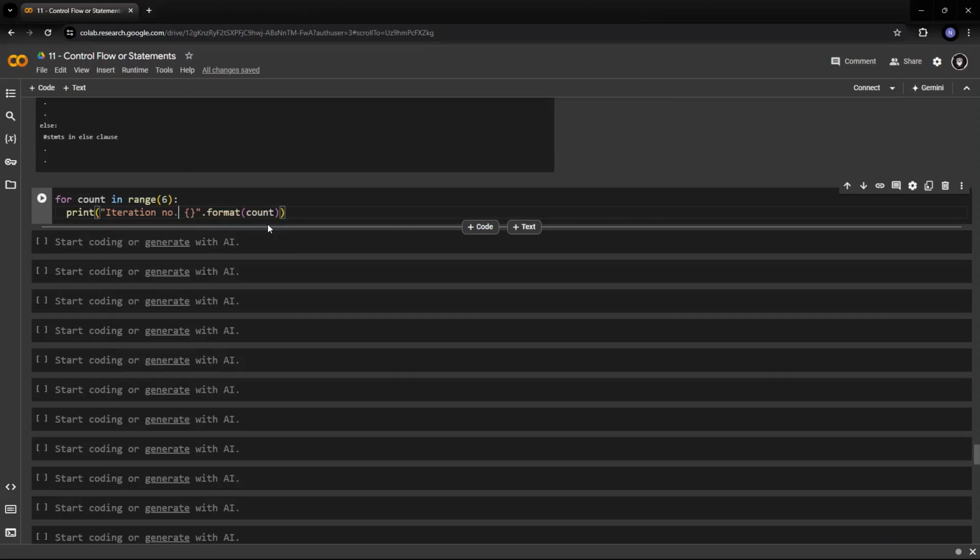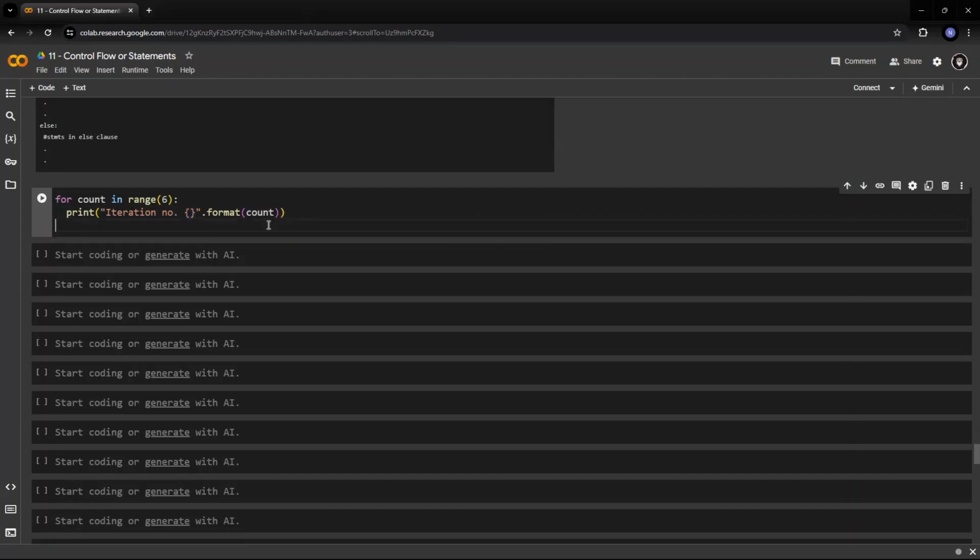What this print does is it will print in the curly brackets the number of count, which I have mentioned as dot format count. So this particular value will be placed inside the curly braces where I have placed them. So it will count till 6, and once it is finished,